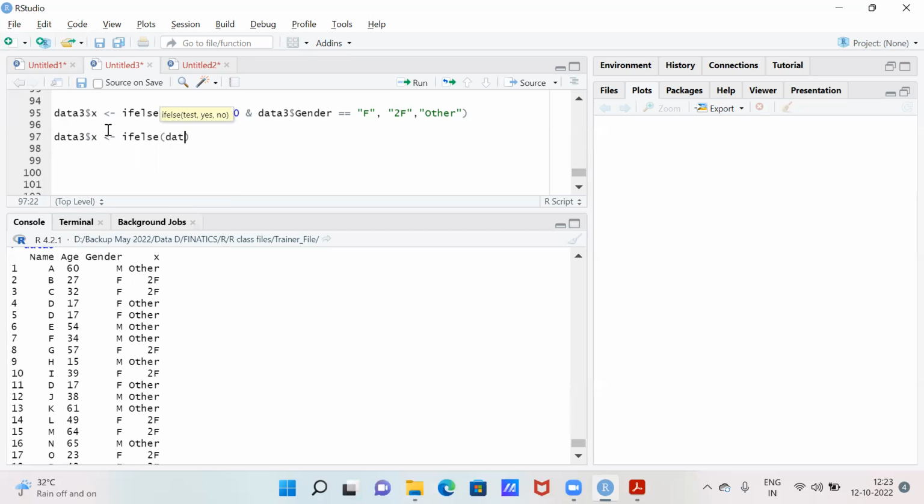If else data$3 age is less than 20 and data$3 gender is equal to female, you give me 1F. Otherwise, if else again, otherwise there's a condition. I can use an if else inside an if else,